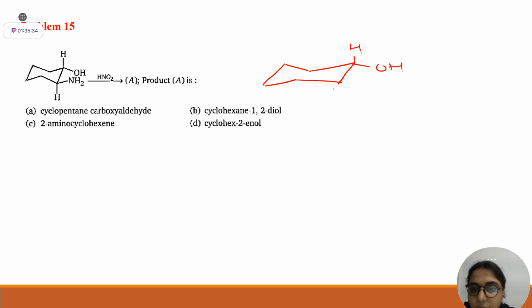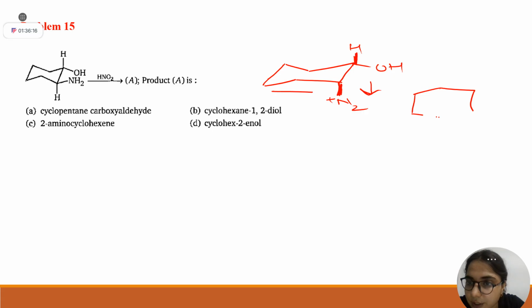Okay, one more thing is there. Student, if you are making this diazonium, you know this is a good leaving group. But whenever you are dealing with cyclohexane systems, that leaving group should be anti. Here, what group is anti? Your H. It can easily eliminate that. It will leave here as, okay, one thing I have mistaken, positive. Okay, correct. If you are having this intermediate, you will get directly this product, cyclohexanone, if I am not wrong. Correct?